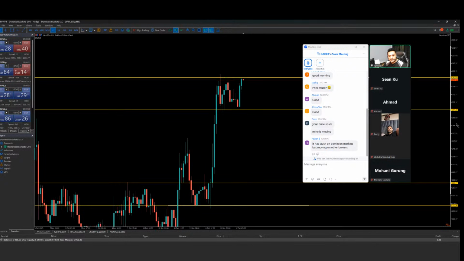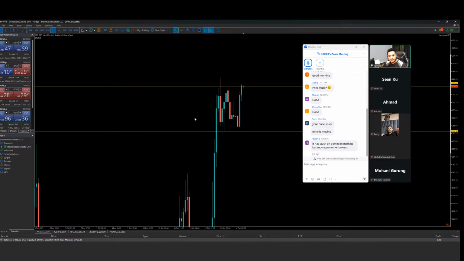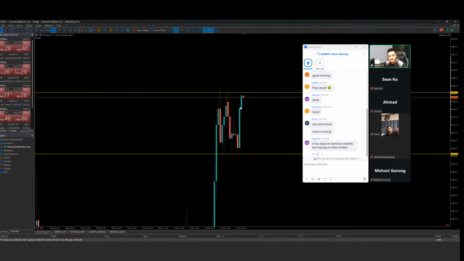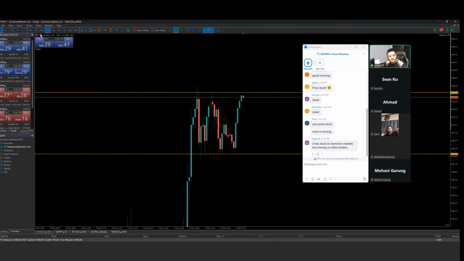Wow, look at this H1. H1 also closed with very strong bullish momentum right now. It closed with a small body. If the next candle creates a big break above both of these rejections on the left hand side, there's a higher probability we could continue pushing to the upside. So let's see if it could work out our way.